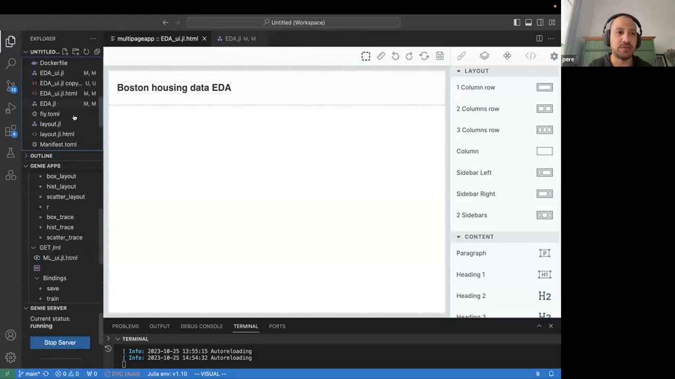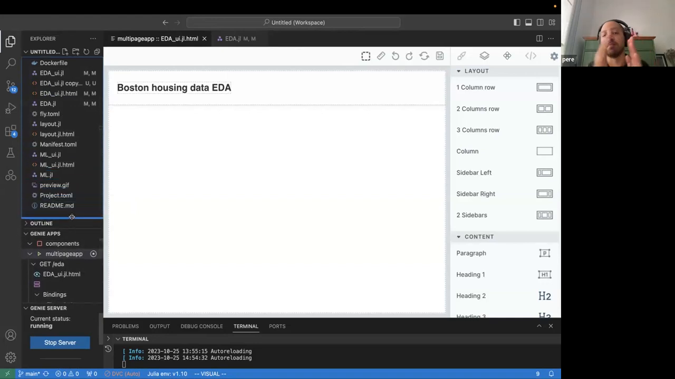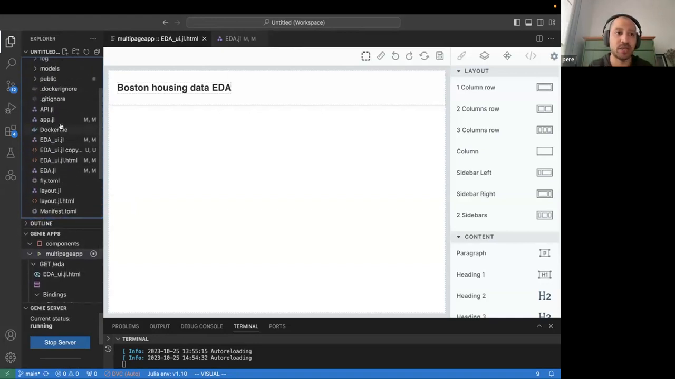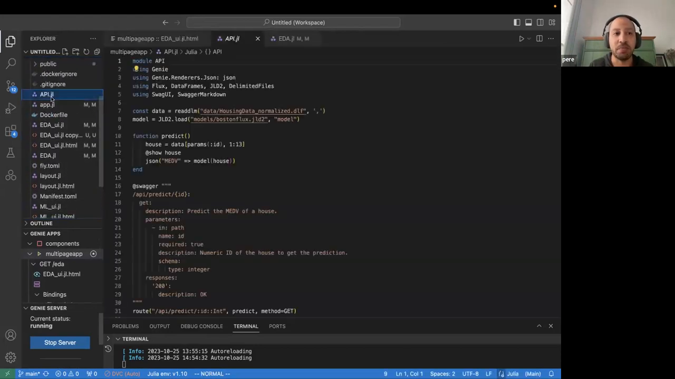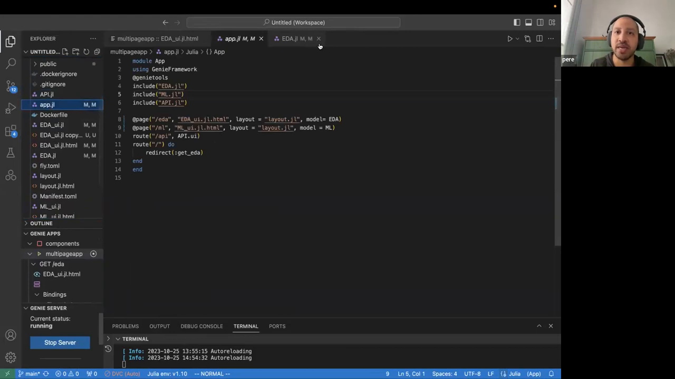So here we have our view. We have a Genie Apps tab where we have loaded this multi-page application. In this case, it is the complete app, the finished app with all of the pages. And we can see that we have each one of the pages, in this case the EDA, another one for the machine learning model, and another one for the API. And we have the main entry point where we are including each one of these pages. So if we look at the EDA page,